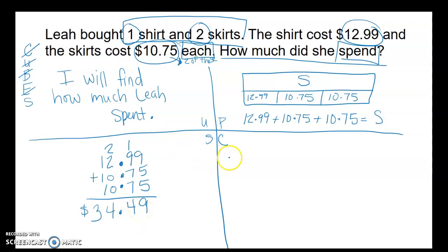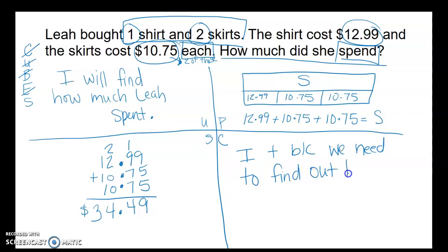$34.49. So over here, I'm going to have to say, why did I add? Because that was my only step. I added because we needed to find out how much she